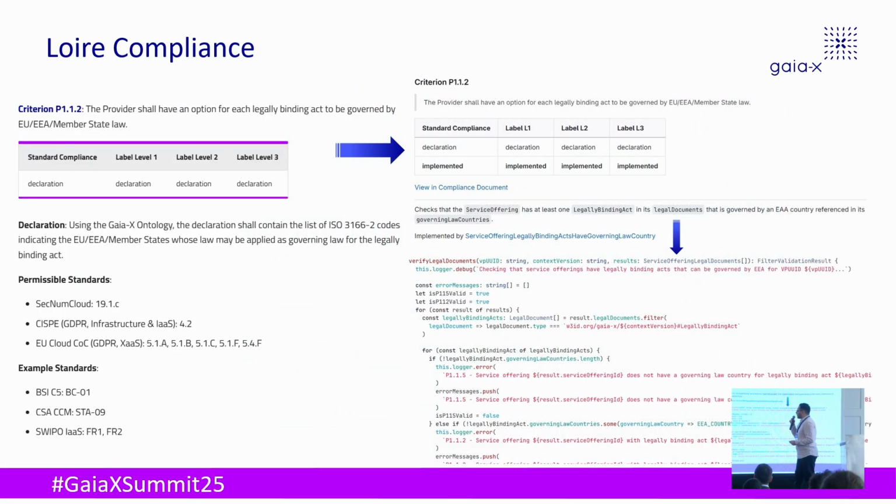So for Loire, Christoph already mentioned it, but I think it's very important to know that for Loire, indeed, we had the compliance. It starts from the compliance document, then a quick, more technical mapping, and then the code implementation that really goes into the Loire version. But again, this is not the point of the presentation, just to show you that this will not be the case for Danube. Again, just a reminder for people who were maybe not yet familiar with the current Loire version.